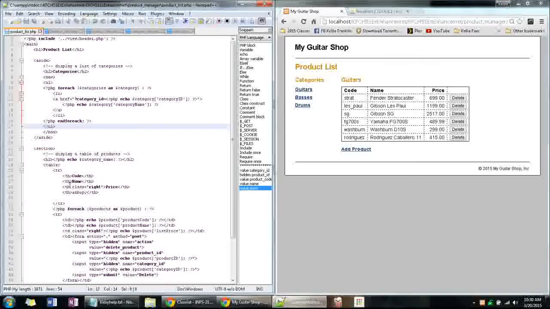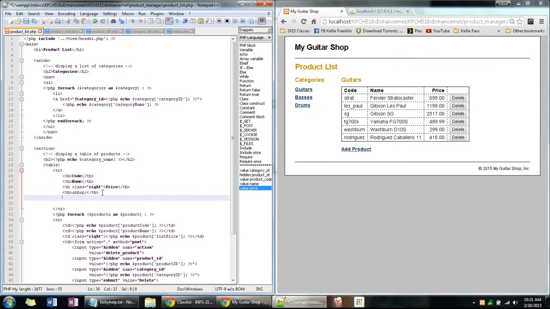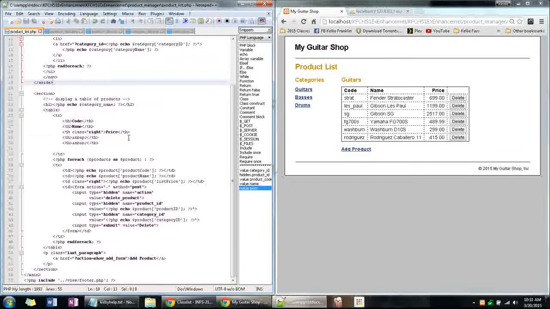So let's add in the extra column for the edit button. Let's Control C, and let's add in the column. Save it, and let's go down here. Now this delete button has an action setting for delete product. It's got product ID and category ID. It's a button. Let's take this whole button and copy it and make it an edit button. Let's Control C